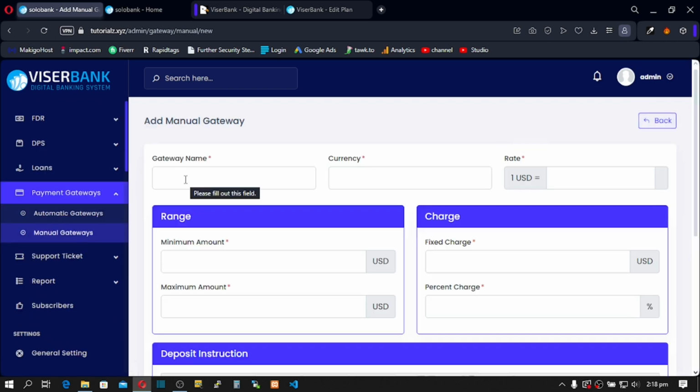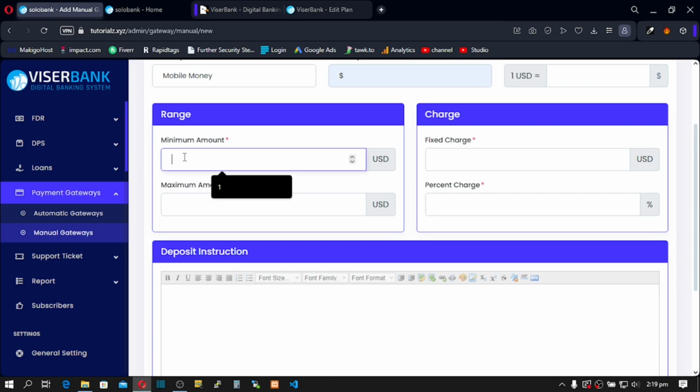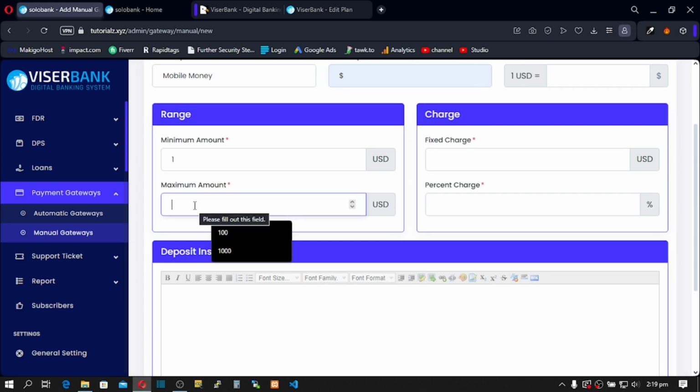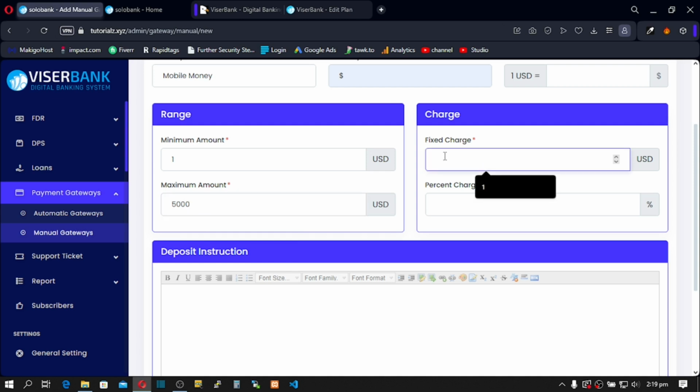Let's give our gateway a name. So something like Momo or mobile money. You can even put MTN or whatever. Let's just say mobile money. Your currency can still be USD. Scroll down, and minimum can be 1, maximum can also be your 5,000. Fixed charge, maybe 1,